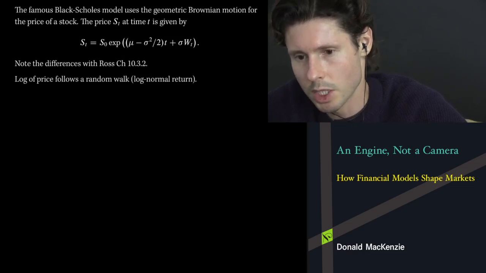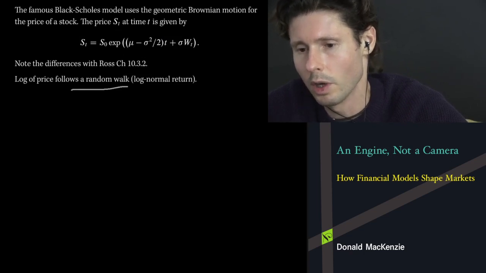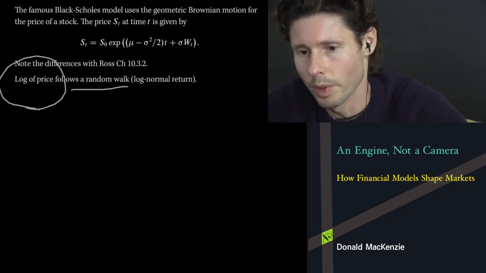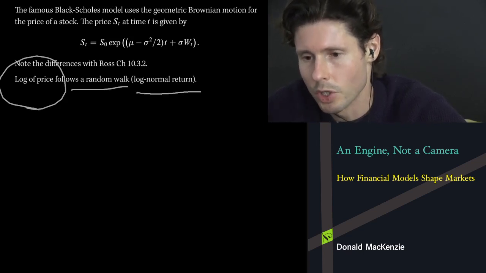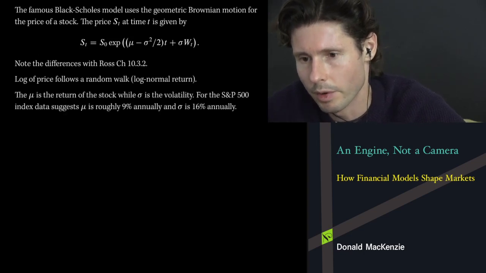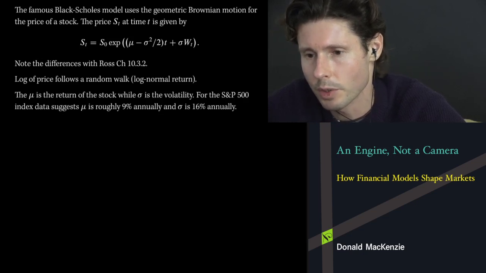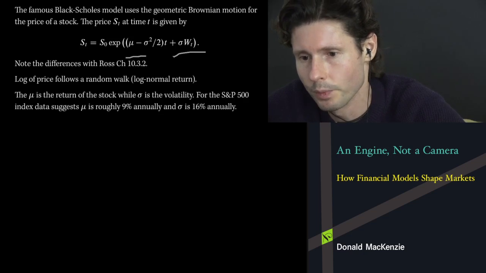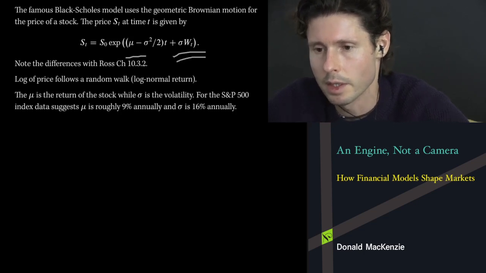The interpretation of the model is that of a random walk on a logarithmic scale. In other words, the logarithm of the price follows a random walk, and another way to say it is the returns are log normal. There are these two parameters involved in the definition of the geometric Brownian motion, or the price of a stock, sigma and mu. Mu is often thought of as the return, and sigma is thought of as the volatility, the uncertainty in the return.